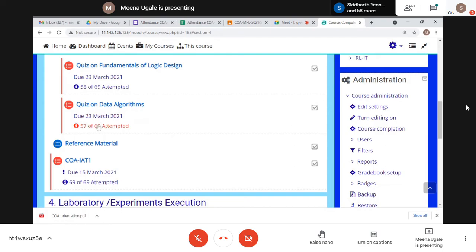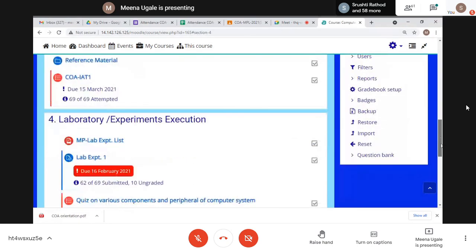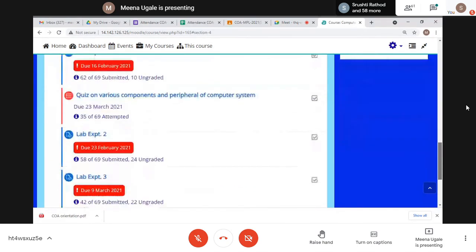Data algorithms: out of 69, 57 students have attempted. I'm reminding you, last week also and yesterday also I posted a message on your group. Here is a quiz available on components and peripherals of computer system, based on your experiment number 1. Out of 69, only 35 students have attempted.